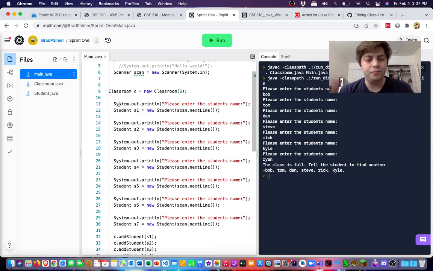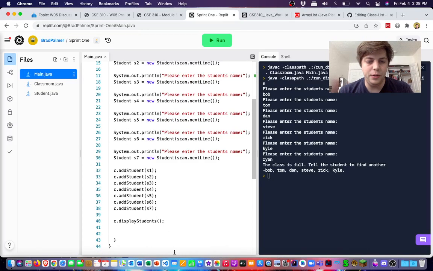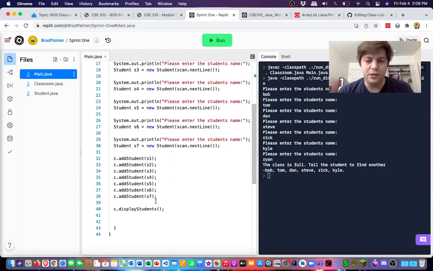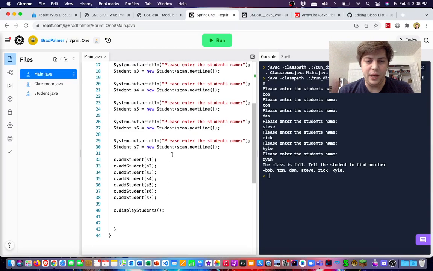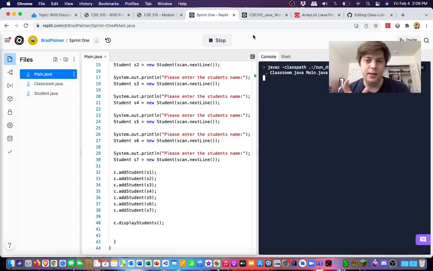And then we ask the user to input the names of the students. And again, this is hard-coded right now, but the hope is that the teacher is able to put in how many are in the class, and then it will loop that many times. And then it goes through all those, and then it adds the students and displays them. And I have it going one more than can actually hold in the array, just to make sure that my